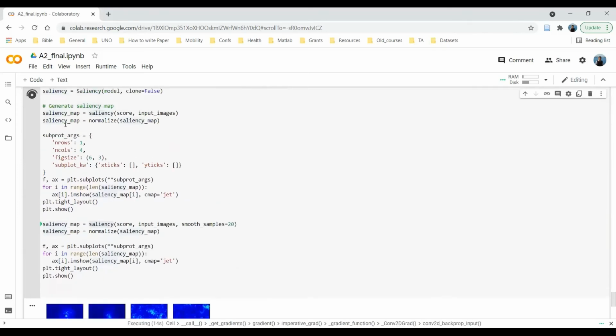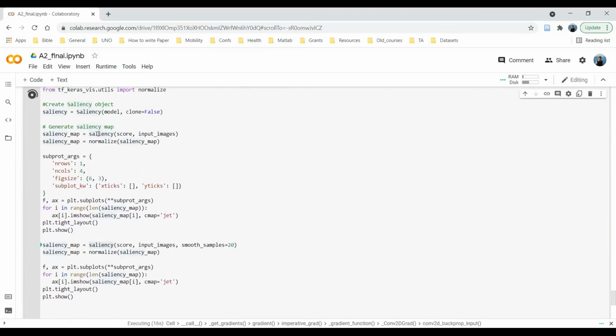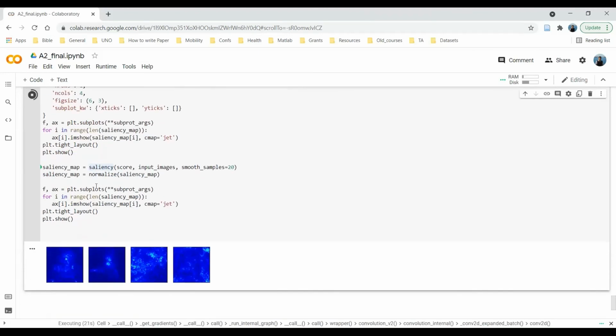See, I have 2 saliency maps here. The first one is a vanilla saliency map, whereas the second one is a smoothed version of the saliency map. In the second version I would like to see more information, so I call the second saliency map with smooth samples equal to 20.